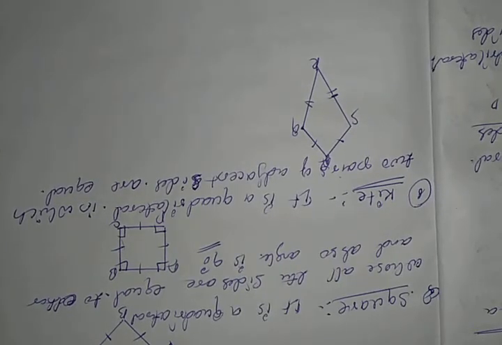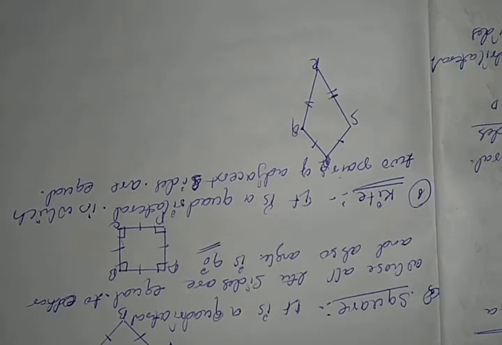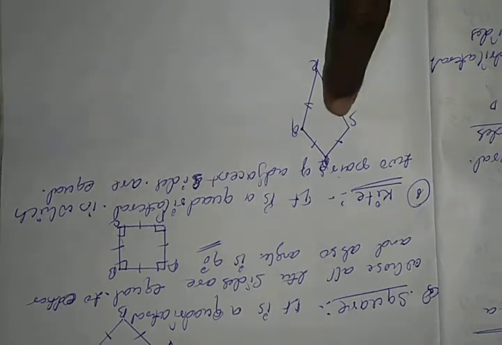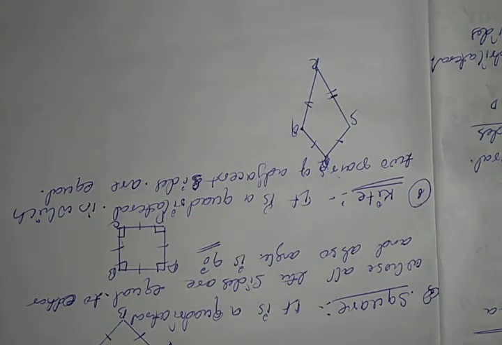Carefully listen to some important tips. Square, rectangle and rhombus. Already you know that in a square all the sides are equal and also the angle is 90 degrees, and in a rectangle opposite sides are equal and each angle measures 90 degrees. And what is the rhombus? It is a quadrilateral whose sides are equal. So these three are parallelograms. Kite and trapezium are not parallelograms. Very important.